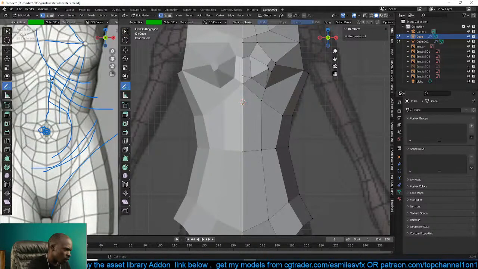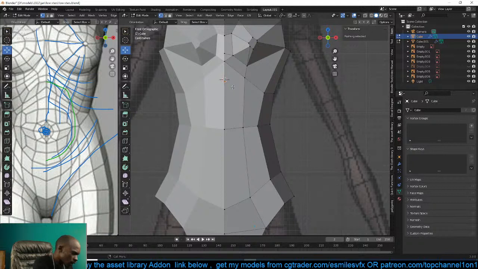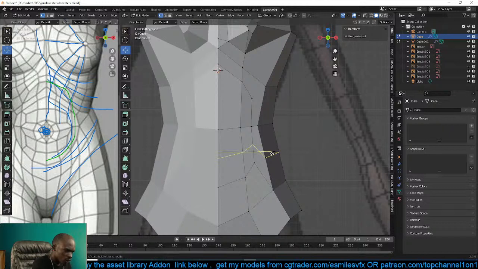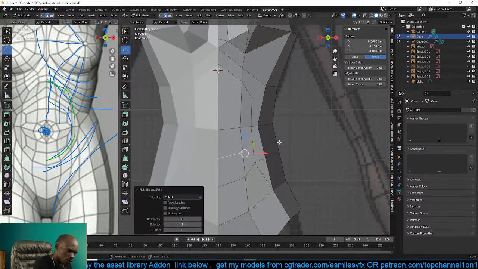You see, around here, you have a circular flow of loops that merge some of these edge loops. So we can do that as well. So I can add a loop cut here, here, here, here, here, here, like that, and then just start merging some of this detail, and some of the edge loops from this side will converge here as well. So I can do that, get rid of this,